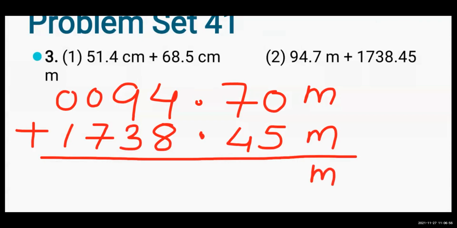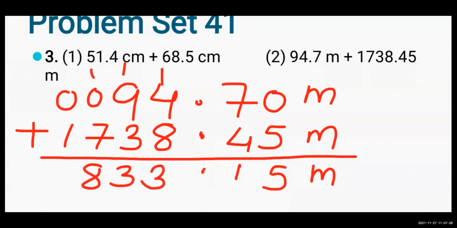Meter plus meter will become meter. 0 plus 5 will become 5. Now 7 plus 4, 7, 8, 9, 10, 11. So 1 carry here, 1 down. Point plus point will become point. Now 8 plus 4, 12. 12 plus 1 will become 13. Now 13 is done. Then 9 plus 1 becomes 10. 10 plus 3 will become 13. 1 carry. 7 plus 1 becomes 8. And 1 plus 0 will become 1.